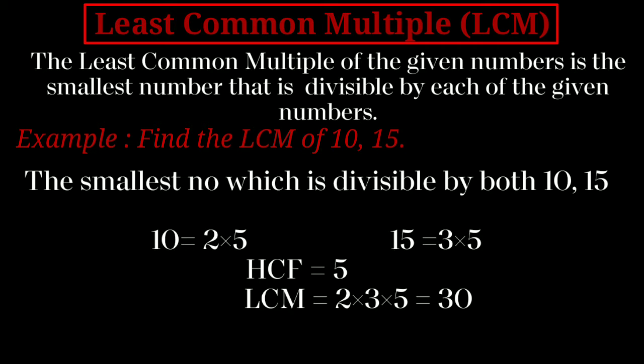Like there are two numbers, 10 and 15. Find the LCM of 10 and 15. ओके सो हमें क्या करना रहता है, हमें एक ऐसा नंबर फाइंड आउट करना होता है जो 10 से भी डिवाइड हो एंड 15 से भी डिवाइड हो एंड स्मॉलेस्ट नंबर होना चाहिए.